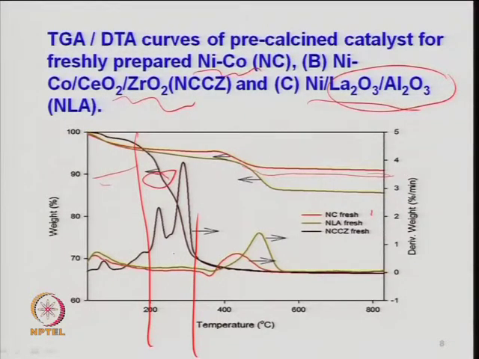So, at this temperature you see that both materials have decomposed, right. So, it means around 350 or 380 may be the suitable temperature for calcination. You can go around 400 degree centigrade, and you can also get the information about the time required for complete decomposition from this, right. Say 5 hours, 3 hours, depending upon your material and the amount of material. So, that is the information which you get from the weight loss as a function of temperature.